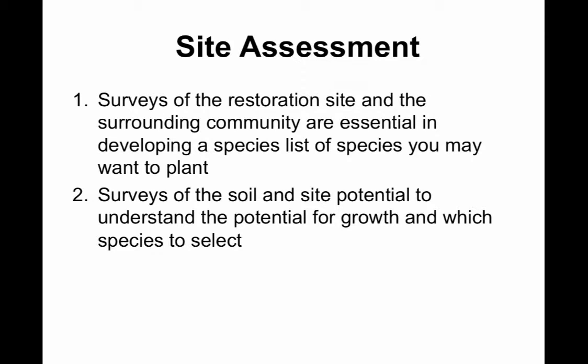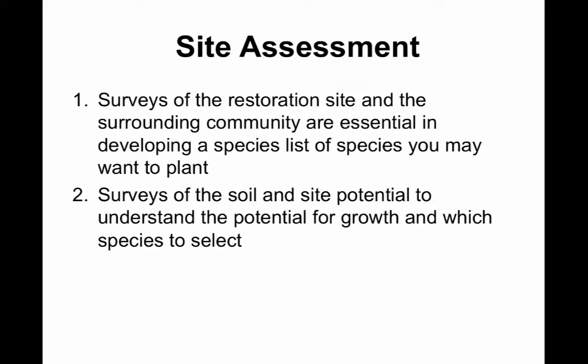And if you do have areas that may be issues for specific species, then you might be able to target other species and select the appropriate tree or understory herbaceous species that's going to be the best